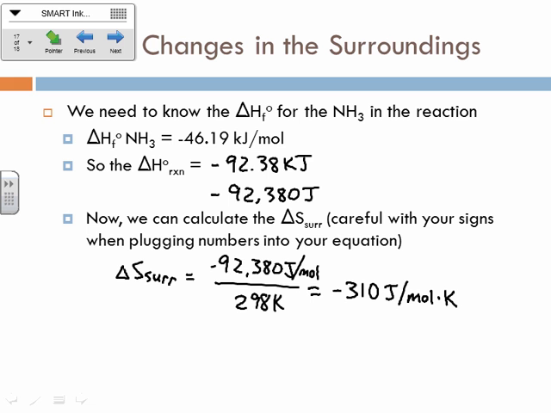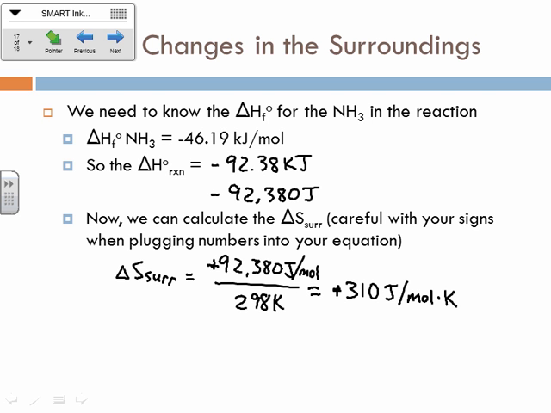So we do have to be careful with our sign here, okay? And here's where we can get a little bit off if we're not paying attention. We figured out the delta H of the reaction itself, right? But we're wanting to calculate the delta S of the surroundings, okay? So if the reaction is giving off that much heat, that means the surroundings are absorbing that much heat. Does that make sense? Okay. So with respect to the surroundings, this is actually a positive heat change, which makes this a positive delta S. Okay. Everybody okay with that? I mean, you kind of have to watch for that. It's really easy to miss that.